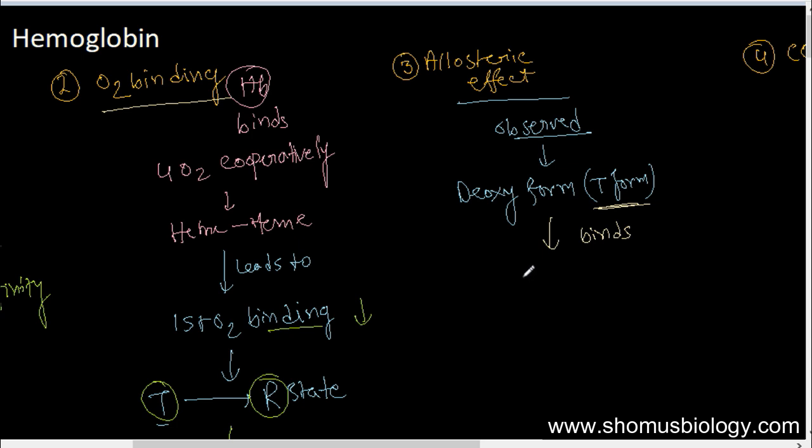preferentially binds to what? One is hydrogen ion, or H plus. Second one is 2,3-bisphosphoglycerate, or BPG. And the third thing is the CO2 concentration. So this T form binding with oxygen depends on proton, that's H plus concentration, 2,3 BPG concentration and CO2 concentration, okay,